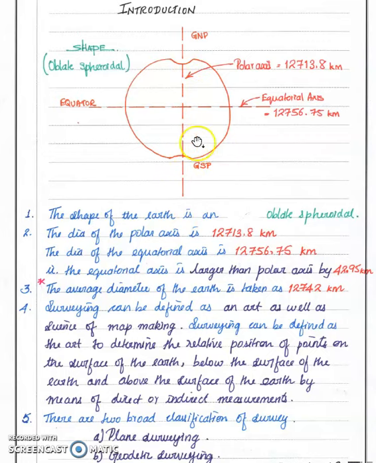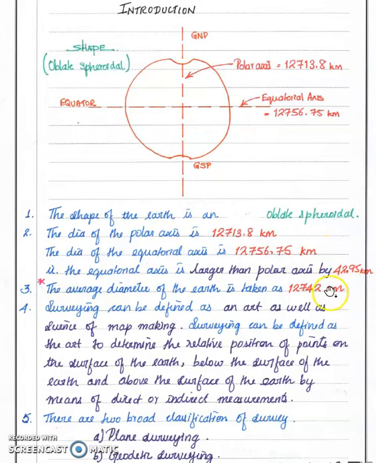The diameter of Earth along the polar axis is 12,713.8 kilometers, and the diameter of Earth along the equatorial axis is 12,756.75 kilometers. The difference between the polar axis and equatorial axis is 42.95 kilometers. So this is a very important question. It is frequently asked in many competitive examinations. Please note this point, that the difference in the diameter along the polar axis and along the equatorial axis is